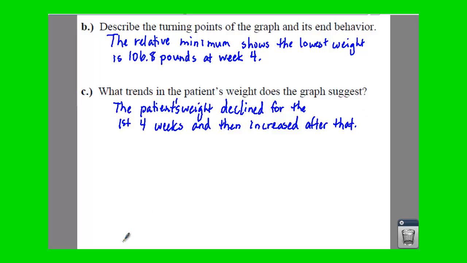So that is how you can actually analyze a real world graph, and hopefully that helps you with what you may do, because all you would be doctors, and you'll have to read these graphs and read these patients' weights and everything. So hopefully this example helped out a little bit, and just keep in mind, this is how we graph. Analyzing graphs, polynomial